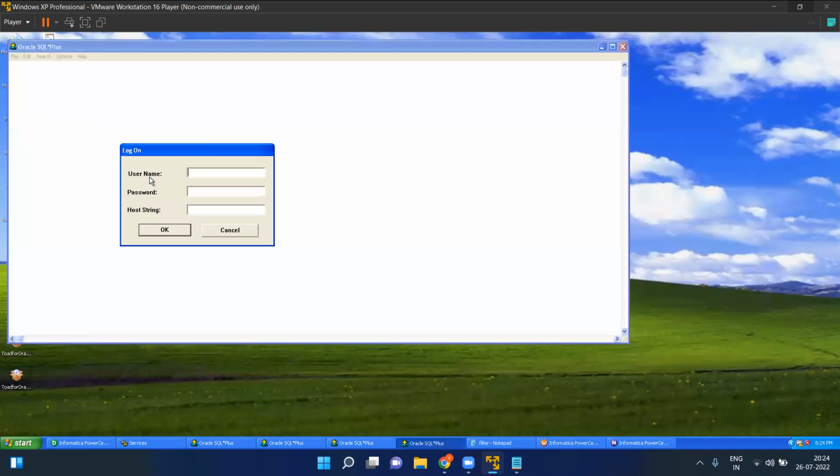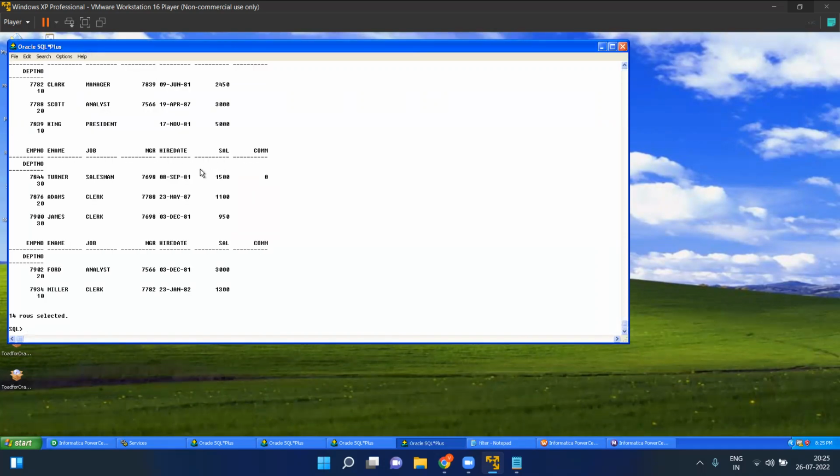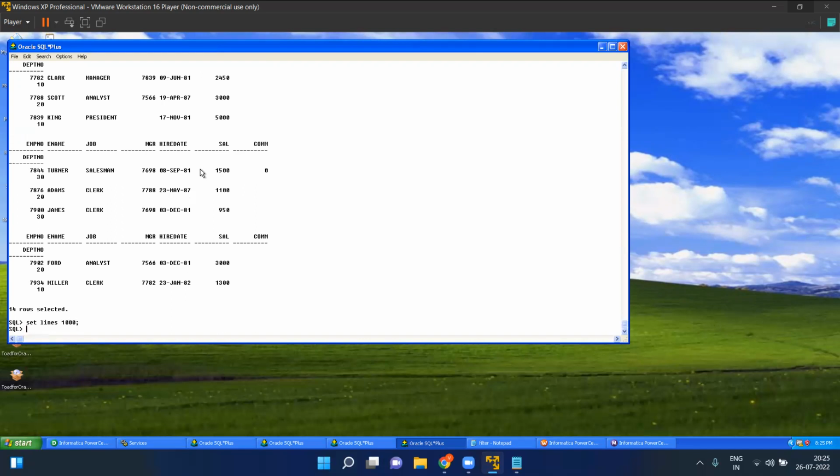That is called truncate and load. So always the target table is truncated. I showed you the truncate query, and then it is loaded. Suppose, let me just see. Select star from, what is the name? Target underscore, what is the name, Kirti? Filter underscore Kirti. Yes or no? Yes. So just set lines 1000, set pages 1000,